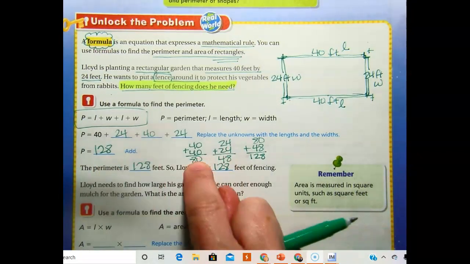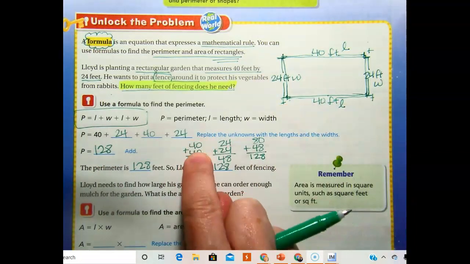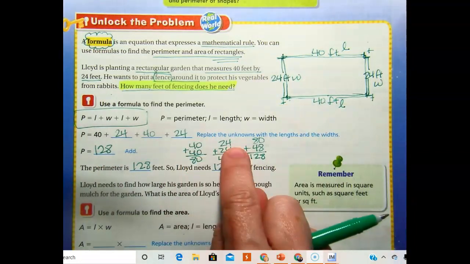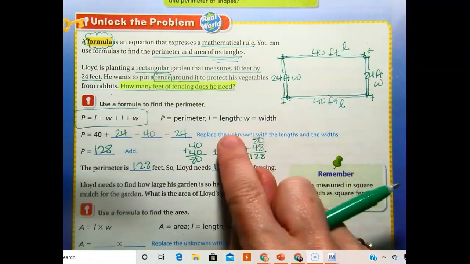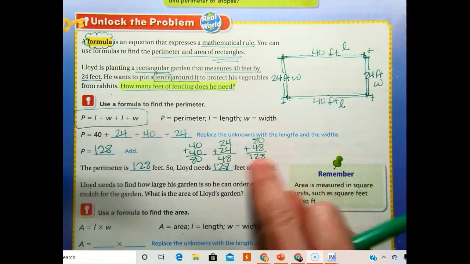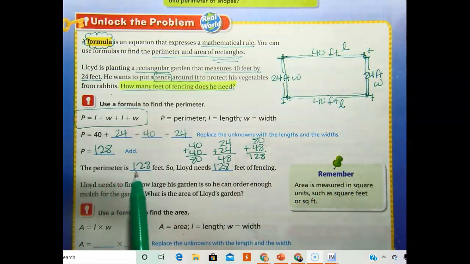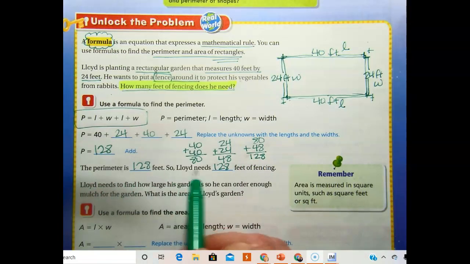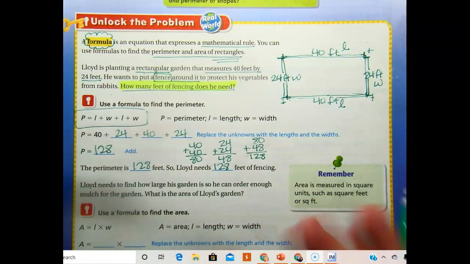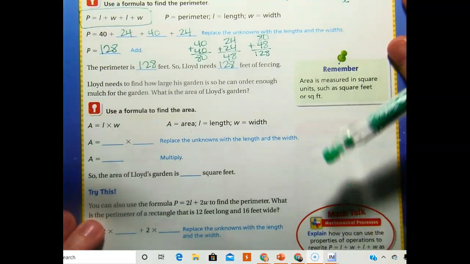128. Okay, what I did is I grouped the lengths together. I said 40 and 40. That's an easy add. That's 40 plus 40 is 80. I added the widths, which is 24 plus 24, 48, and then I put those together and combined them to get 128. So the perimeter is 128 feet, so Lloyd needs 128 feet of fencing. Great, perfect application for real life. All right, so that's what